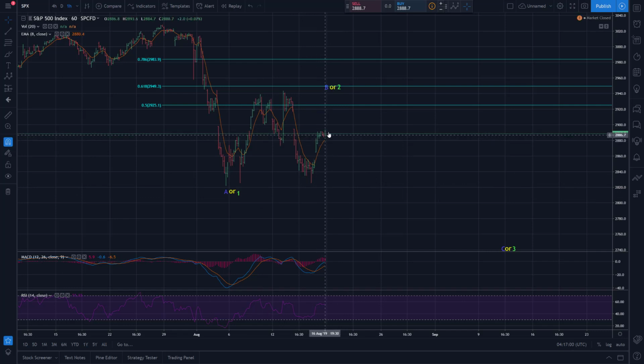If I see this come up here, make a lower high below this pivot, I may consider selling some futures with that as a stop. So it would be a reasonably tight stop. Let's say we get to 29.15 or something, and the stop is at 29.43. That's not too bad if you're looking for 100 plus points down or whatever the target would be from there. But that's kind of what I'm thinking heading into this week. Potentially a short entry with a decently tight stop if we get a pop here and fail to make new highs, or